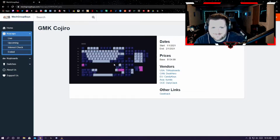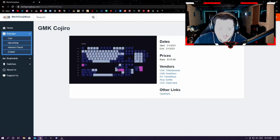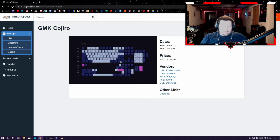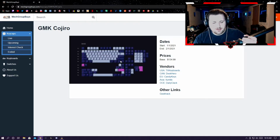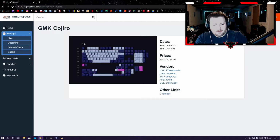Yeah. Nah, not really interested in this. For those of you that like bright color builds, could be a good set for you. I'm just more into minimal, sleek stuff. The brightest color keycap set I have is GMK Pulse, and it was one of the first GMK sets I bought. Before that, I bought a lot of EPBT,